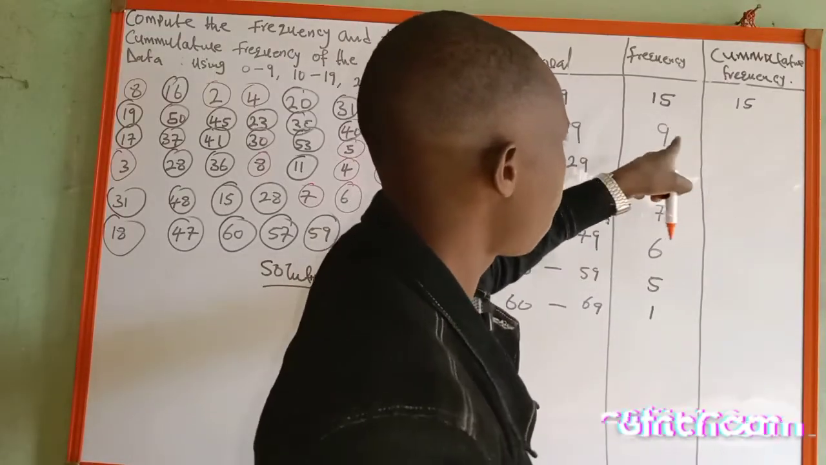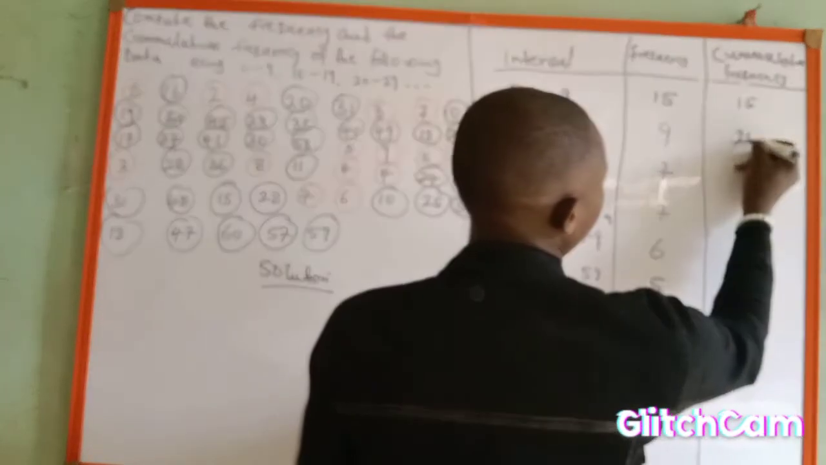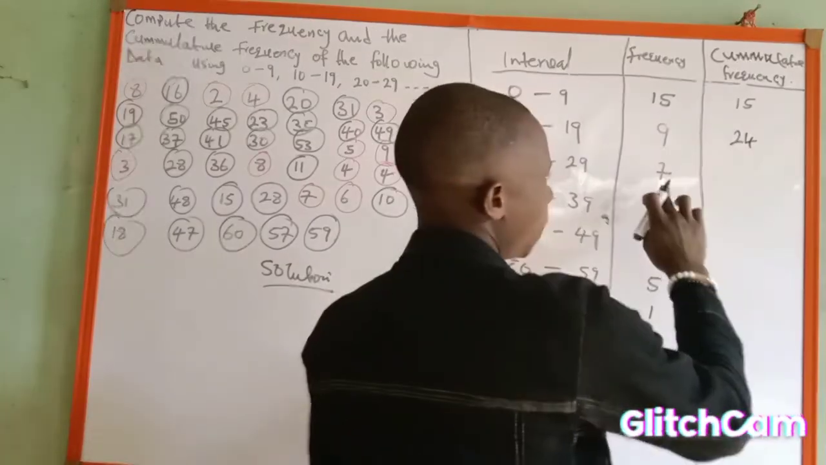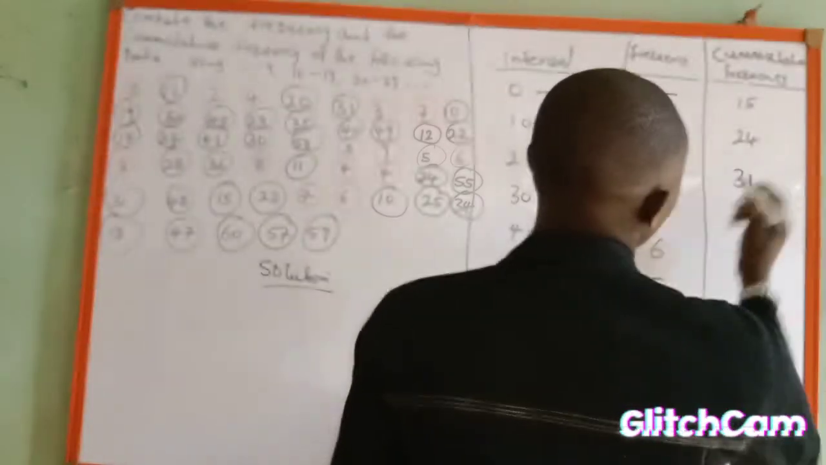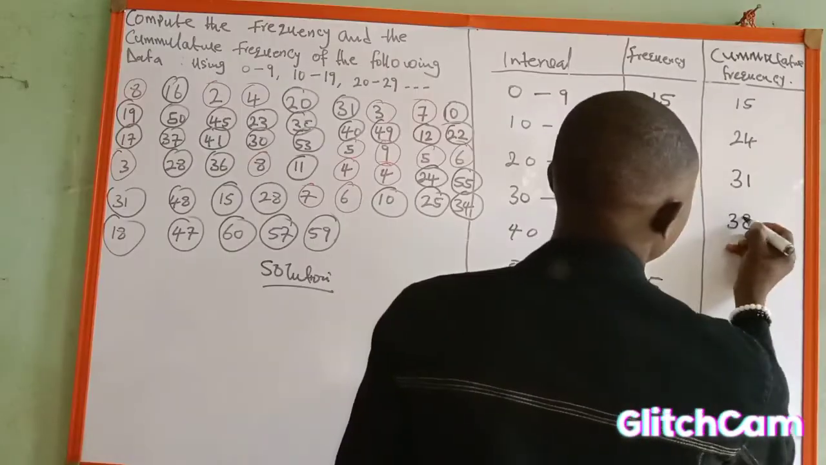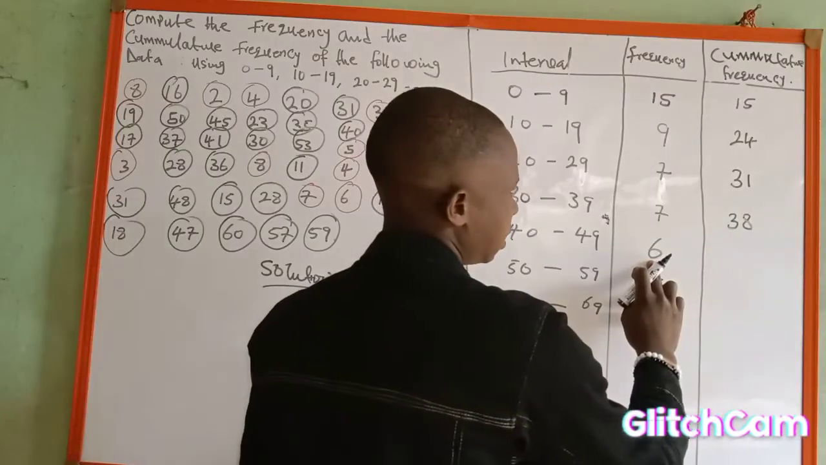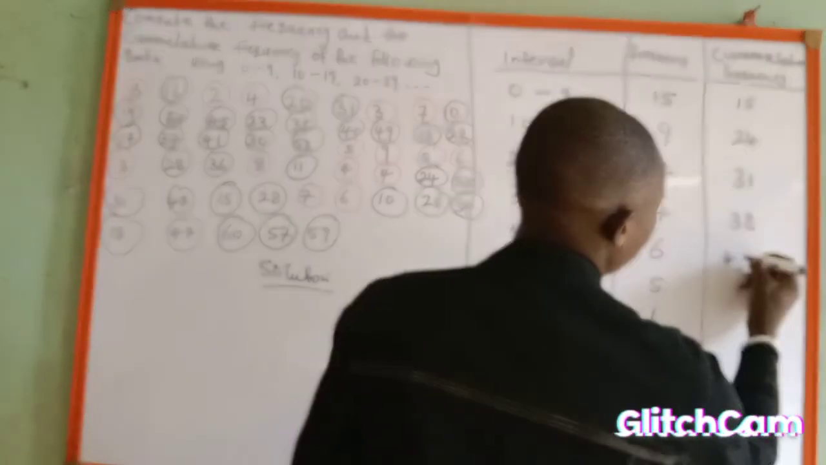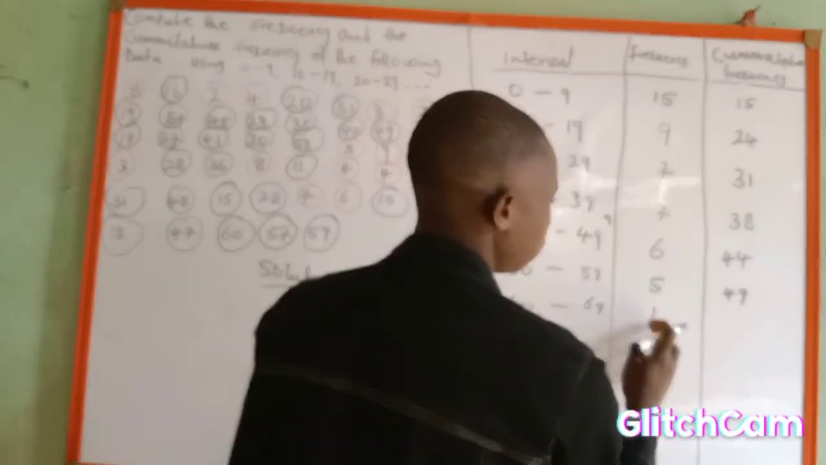So 15 plus 9 is 24. 24 plus 7 is 31. 31 plus 7 is 38. 38 plus 6 is 44. Then 44 plus 5 is 49. 49 plus 1